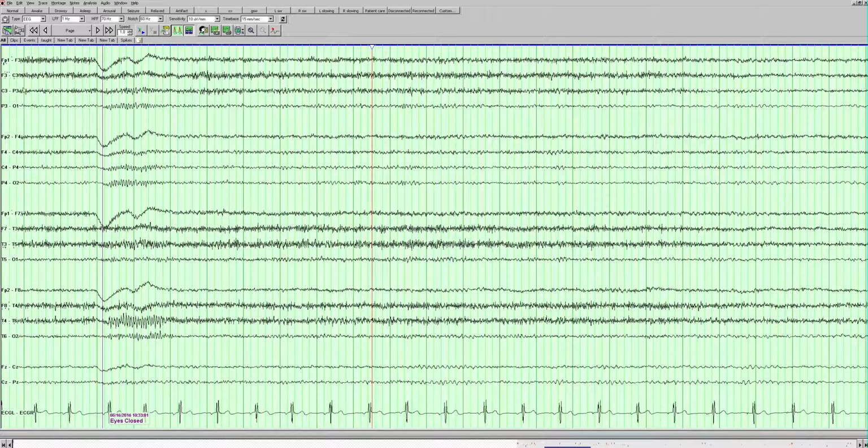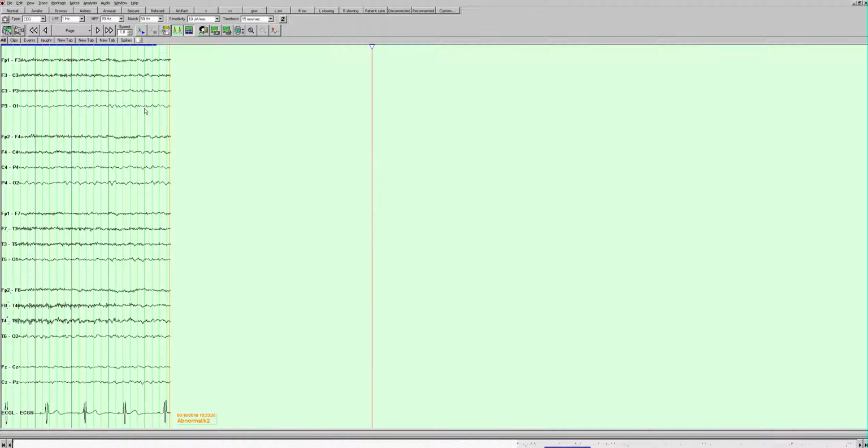Now she's waking up. We can see her eyes close, and then the nice posterior dominant rhythm coming out, and there's the end. So this is an abnormal EEG, and when you're writing your report, you want to, of course, say what the abnormalities are and what they mean. So I would